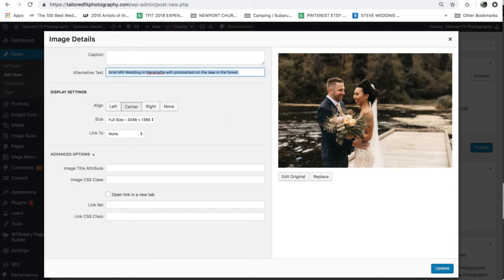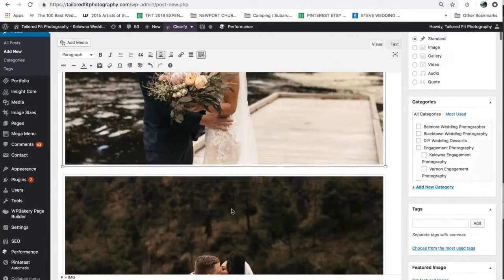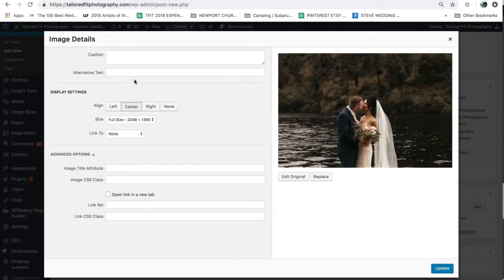I wouldn't, for instance, put motorcycle derby and expect that this would rank and show up properly, because that would just mess with Google, and they can see through that, especially the smarter and smarter their algorithms are getting. So try and keep it literal, but you can also include your keywords in there as well. So I go through and I do that. Then I go through my next image and I do the same thing because this one's also on the lake,